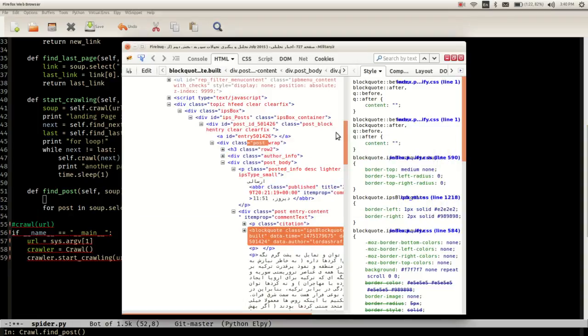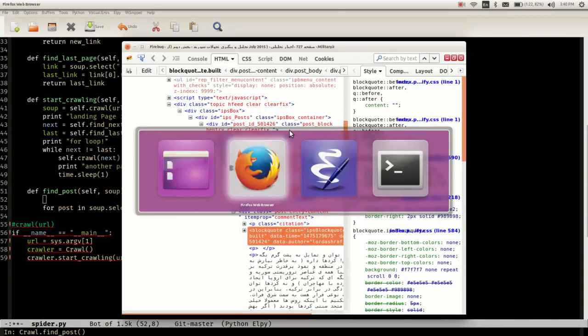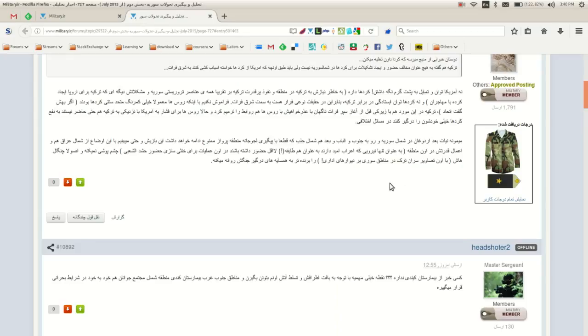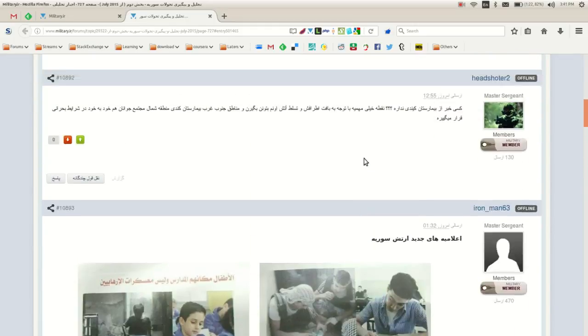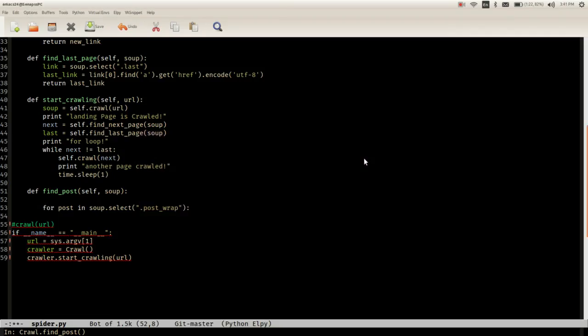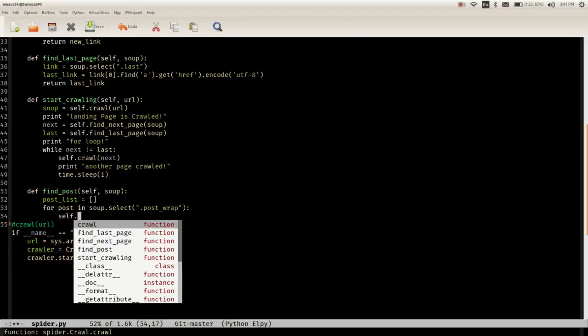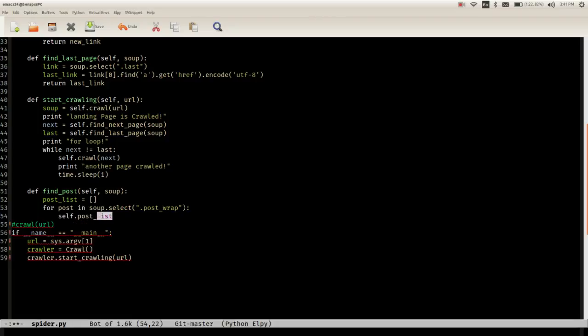So I want to crawl this page, select all these post wraps and then save them in a list. So we're gonna create a list first, post list. It's a list. Okay, so then we're gonna say self.post_list.append,